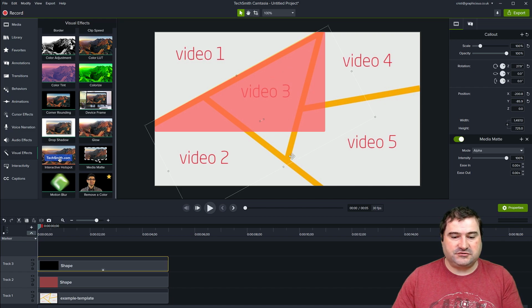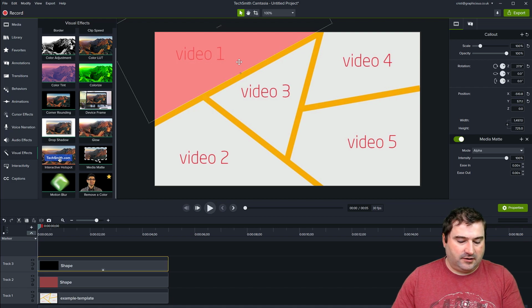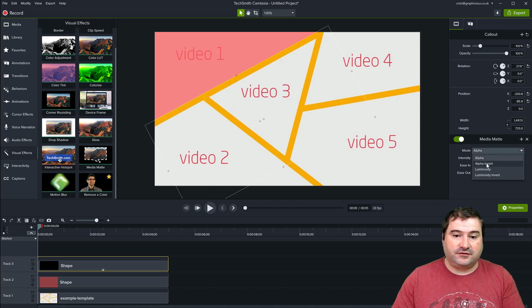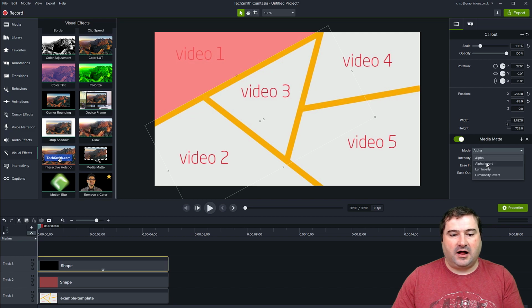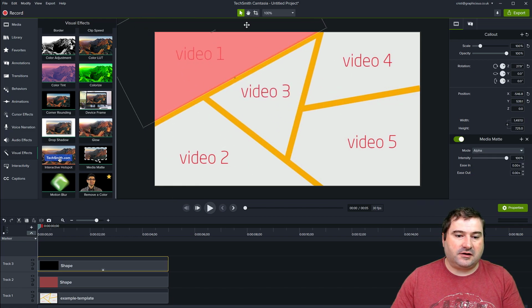So you have two options. You can shift the black clip to the left area like that. You see that? Now you only see the red part. Or, let me undo this. You can change the alpha to be alpha invert, which achieves the same effect. Alpha, alpha invert. Alpha invert shows you what is outside of the shape. Alpha shows you what is inside. Let's keep it to alpha and move this shape here like that. So that is our first shape.